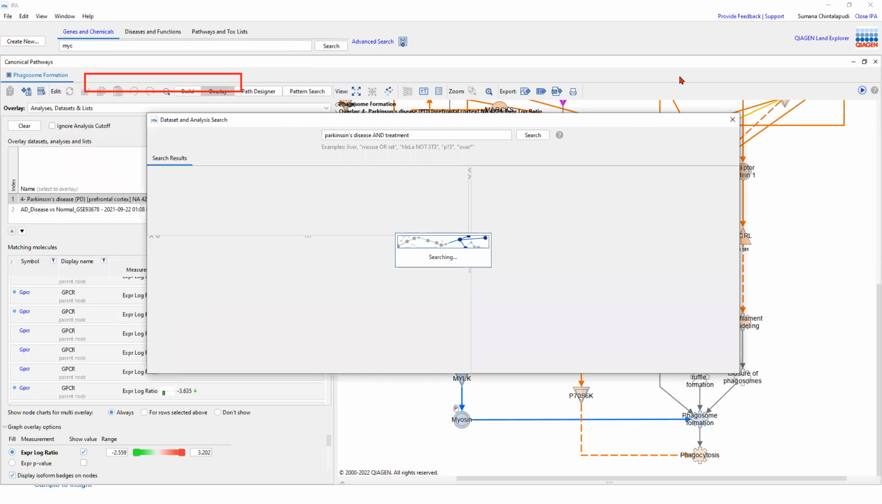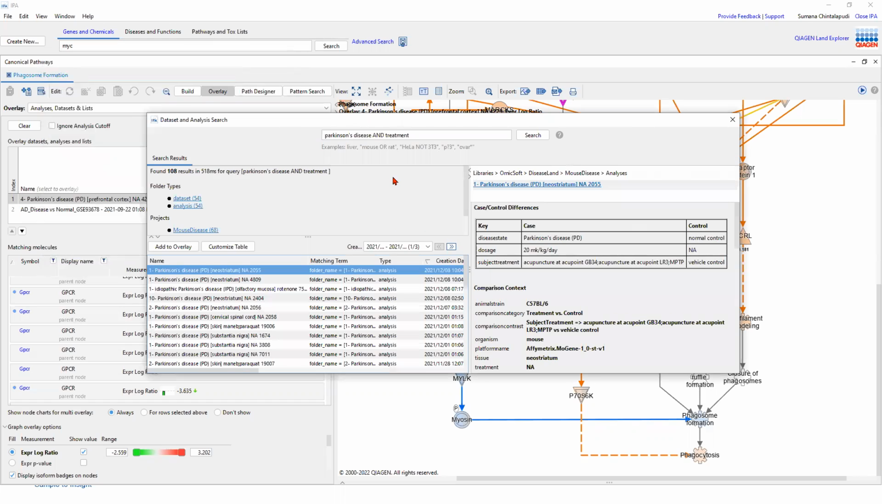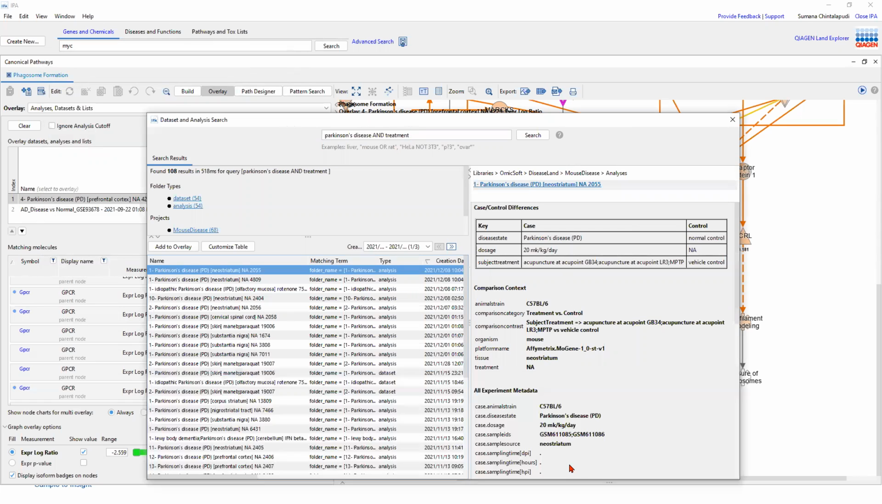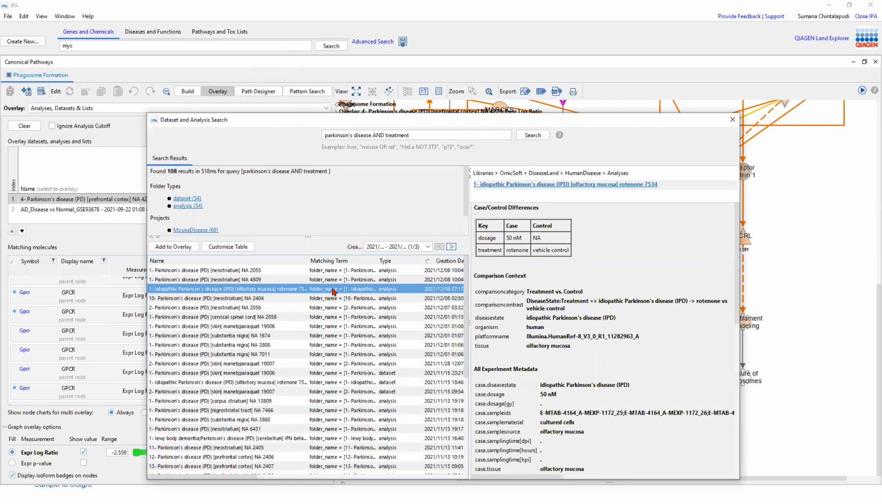And this is going to find relevant data sets related to drug treatment. So these are all Parkinson's related studies. So here, for example, somebody did a treatment versus control comparison, and this was the drug that was utilized. So let's say you want to use this data set